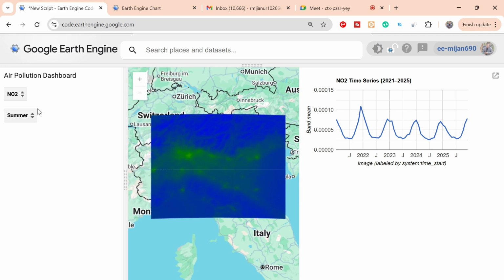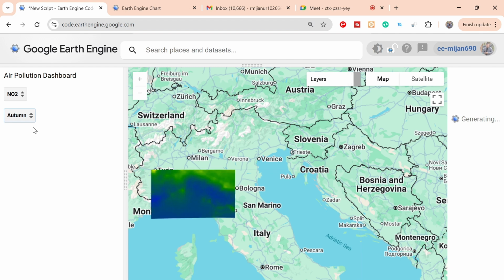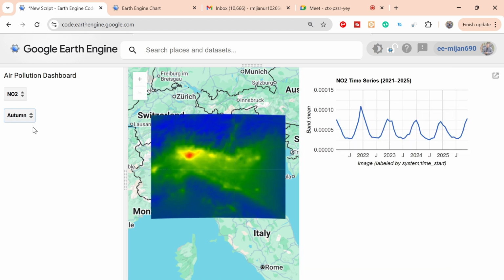Loading the map. For autumn. Okay. Get this level. So if you check,